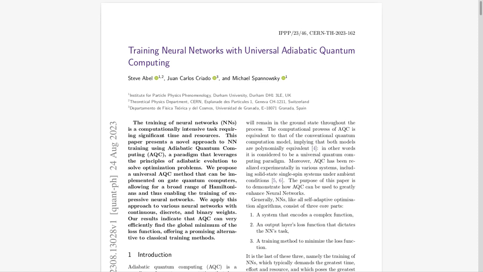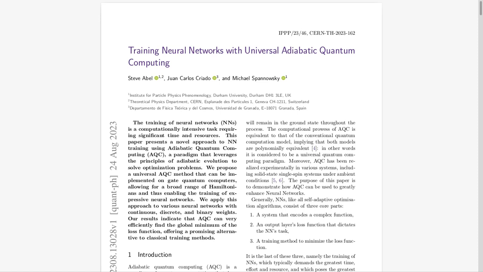The polyspin method sounds kind of technical. How does that play into using AQC to find these optimal solutions? Imagine you're trying to find the lowest point in a landscape, but it's constantly shifting and changing, really hard to get your bearings. You'd be stumbling around, never sure if you were really at the bottom. That's kind of what traditional neural network training can feel like. You're never really sure.